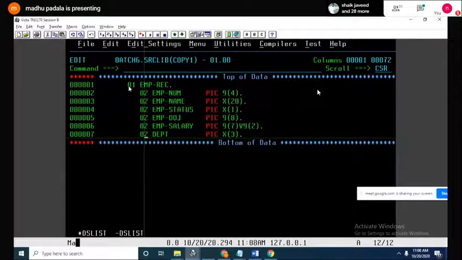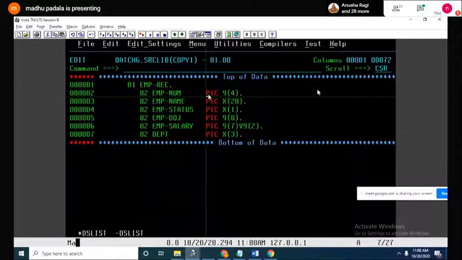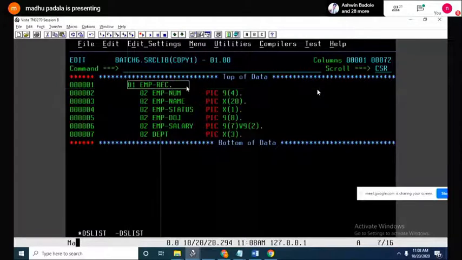Why I'm going for 01, 02 and PIC, just leave it at this moment. It's too early to discuss all this. Anyhow, we'll see that in the COBOL program. So employee record contains 6 fields, and each field has its own data type and length.